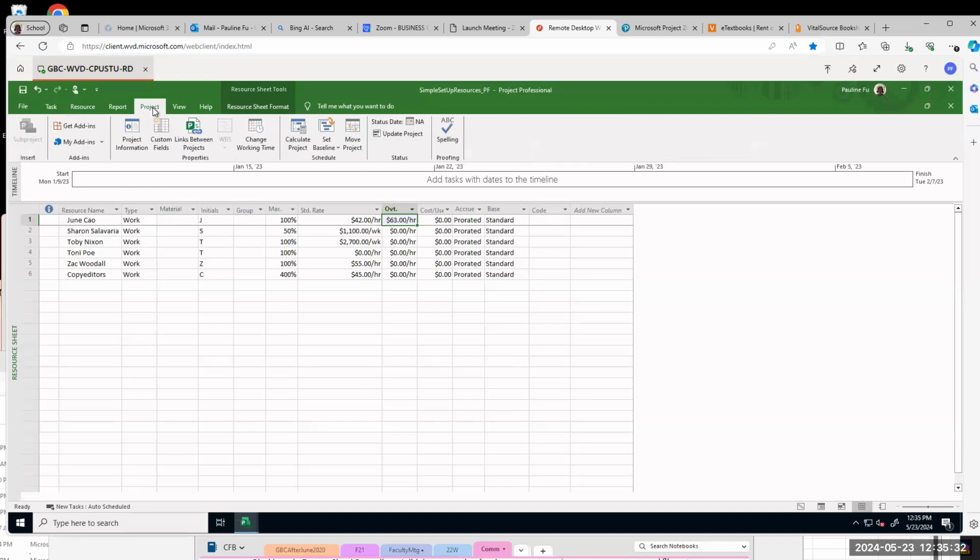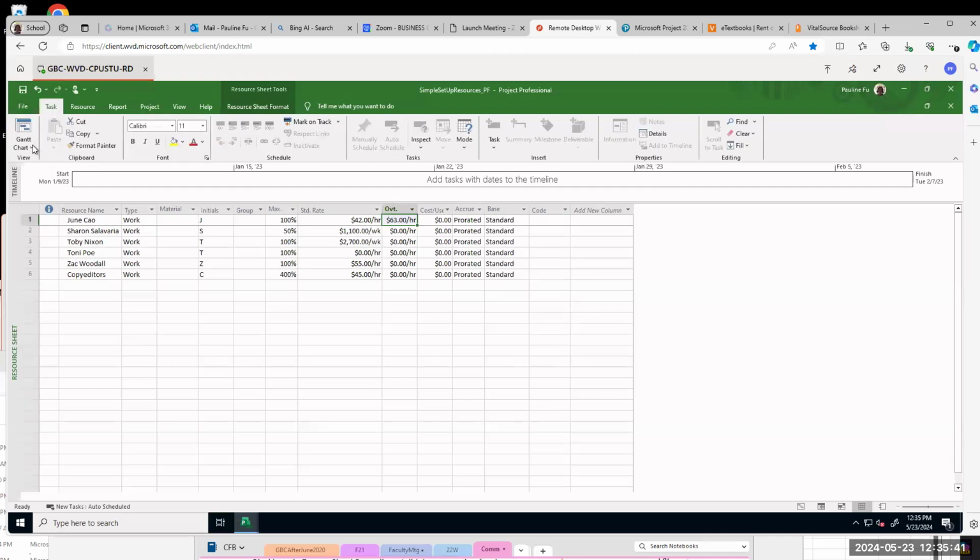Okay. So go to project, make sure we go Gantt chart. So go task under the Gantt chart, then go to Gantt chart. Maybe not necessary.